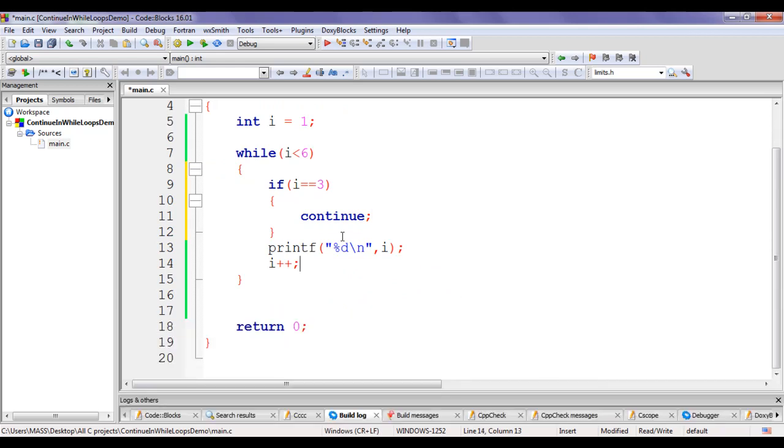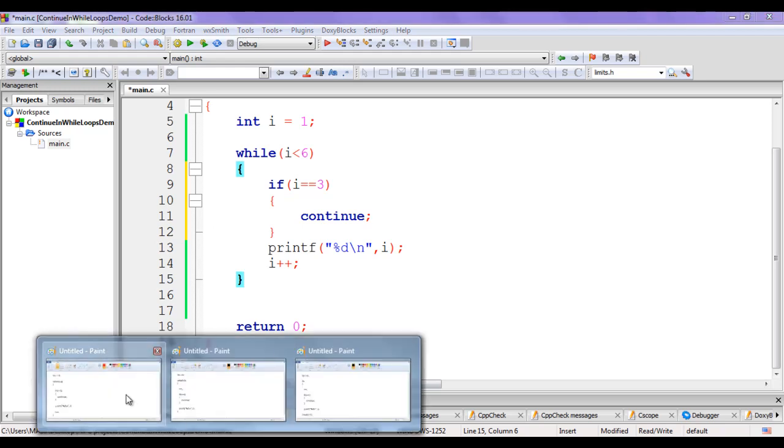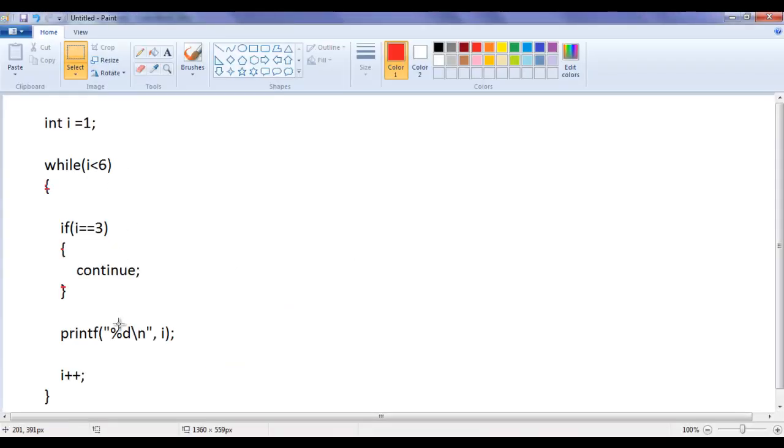We know that the computer skips a statement or statements under the continue statement. It transfers the control directly to the condition part in the context of while loop and do while loop, guys. Instead of displaying 1, 2, 4, 5, this loop enters into an infinite loop, guys. This loop enters into an infinite loop. Let me explain how this code is going to get executed. I go to MS Paint. Here I have pasted that code. Let me explain it step by step.